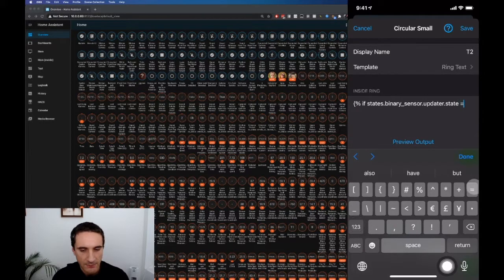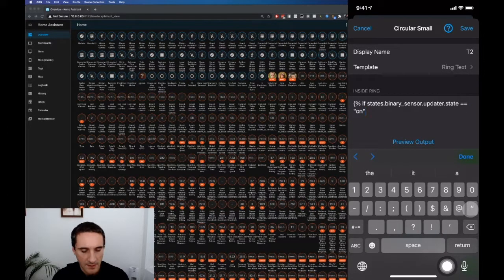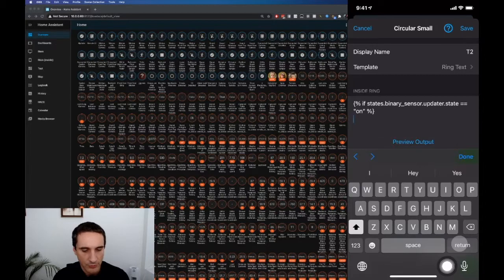So if state equals to on, then I will show certain emojis. So for example, let's say I will show hi emoji,